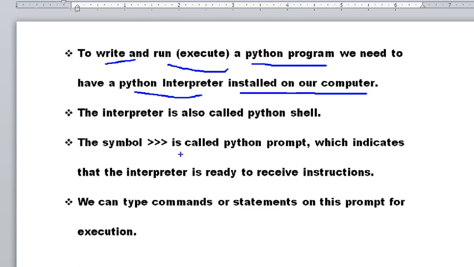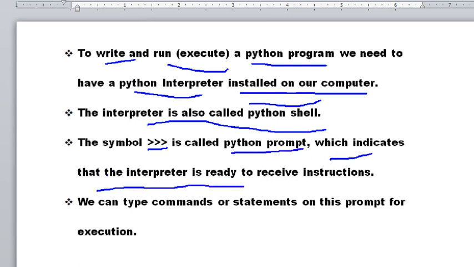The second statement is the interpreter is also called the Python shell. This interpreter that we have installed now is also called the Python shell. Next point, observe this symbol. It is called the Python prompt, which indicates that the interpreter is ready to receive instructions.